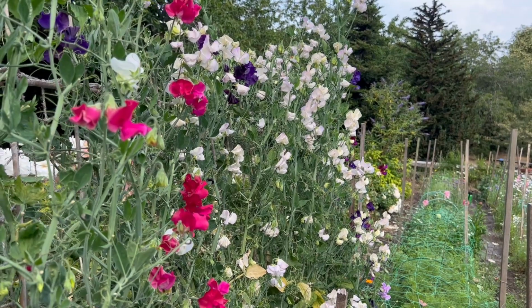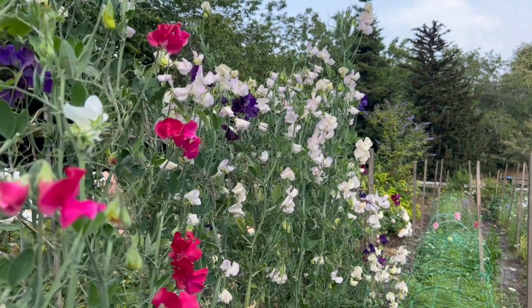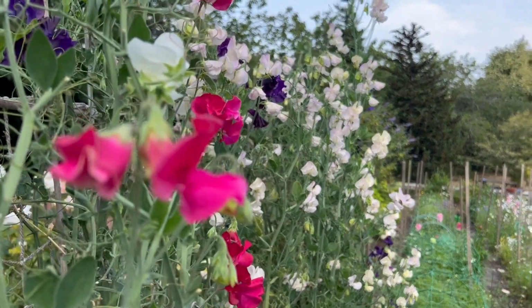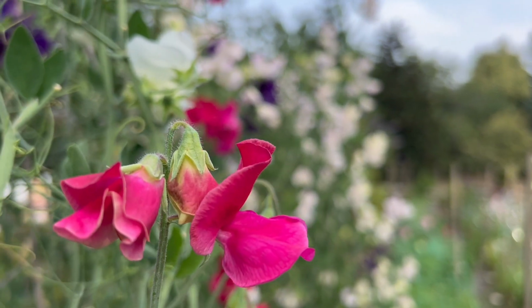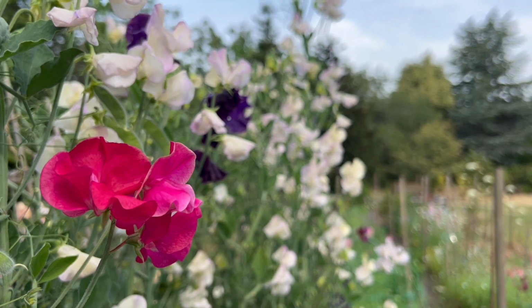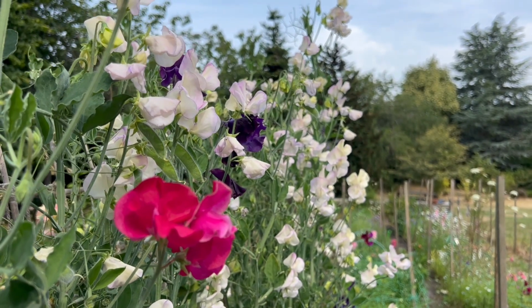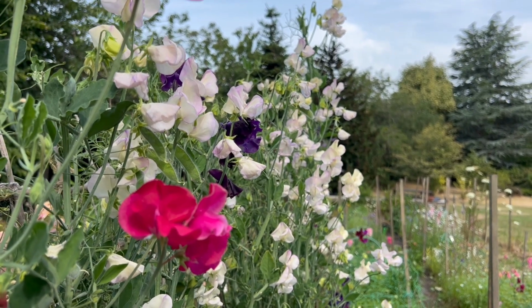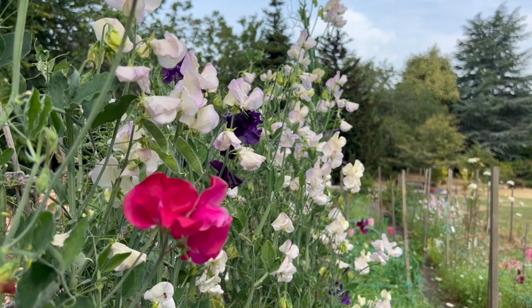And here we've got the sweet peas, which have been doing really well. They have been flowering their socks off for the last several weeks since the beginning of June. So we've had a good three to four weeks of them now. The stems are getting shorter, but we've got lots and lots of flowers still coming. And when the stems get shorter, I tend to cut a lot of the length of the actual plant, the stems, the tendrils, as well as the actual flowers to go in arrangements,